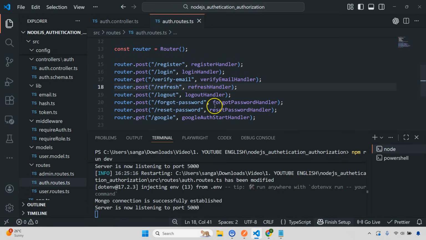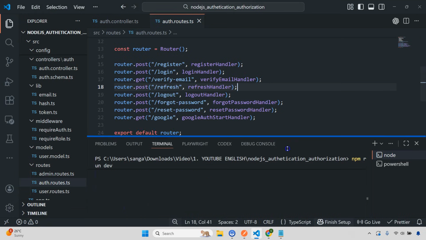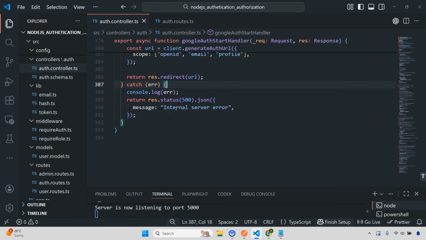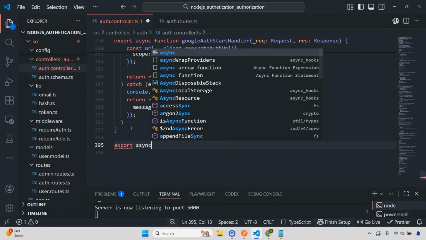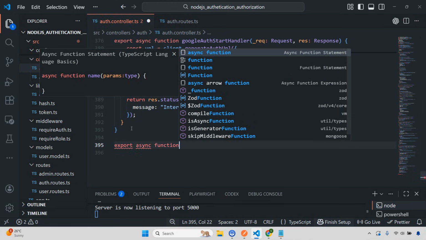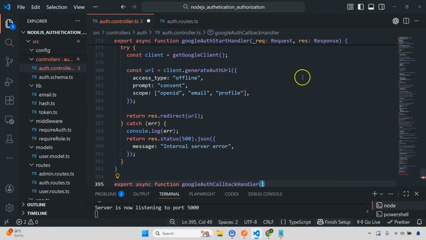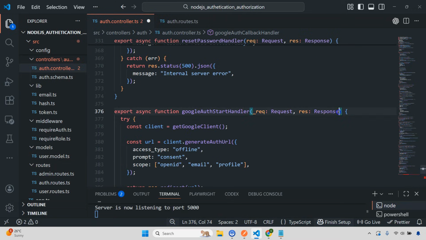So now I'll go here, and let me just minimize this, and then we are going to create one more method here which is going to handle the callback. Now this is the important part, because this is where we are going to actually save the user to the database and everything, right? So I'll do googleAuthCallbackHandler, and here we are going to do the same thing. I'm just going to take the request and response,